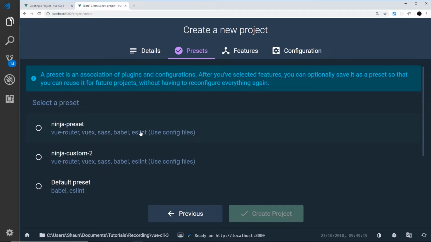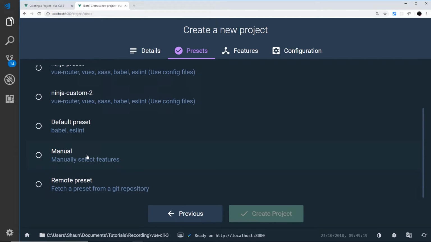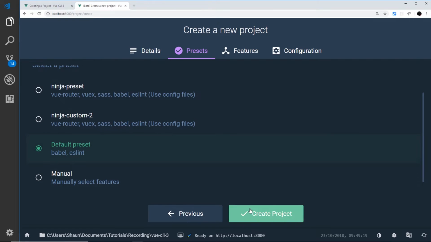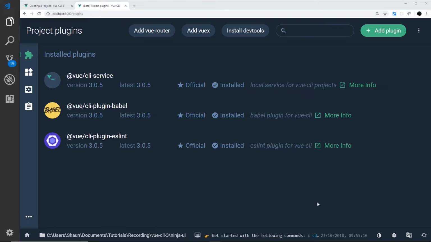So I'm going to go to next, and now these are the presets. So remember when we were talking about presets and we created our own presets as well? Well, it's listing those custom presets right here. Ninja preset, which I already had before I recorded these videos, and also this one, ninja-custom-2, which we created. We could also scroll down here and select manual setup like we did before and select the features we want, or we could use a remote preset from a Git repository. For now, just to keep it simple, I'm going to go with the default preset and create this project. So this might just take a few minutes, so I'm going to pause the video here and see you on the other side. Alright then, so now the Vue UI has run its magic, it's created this project